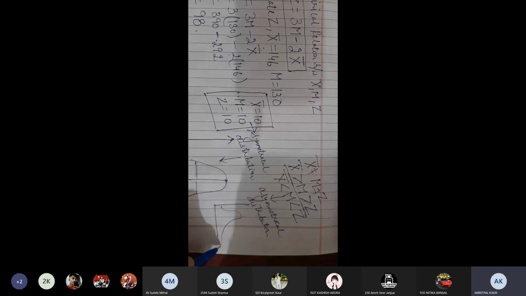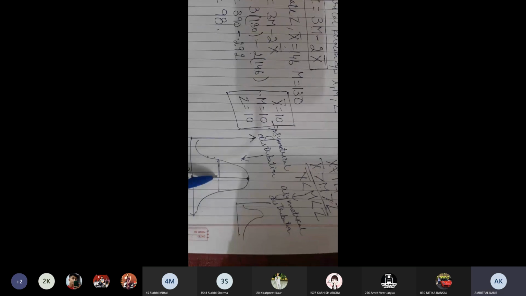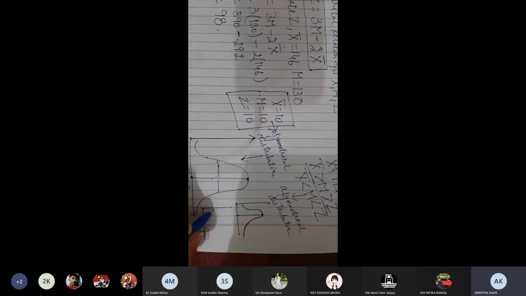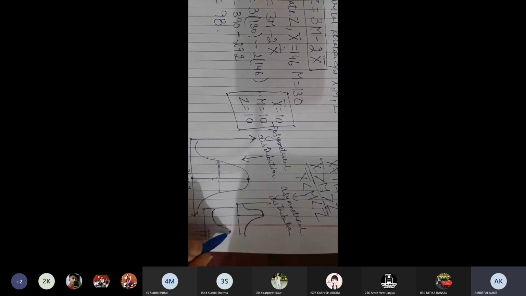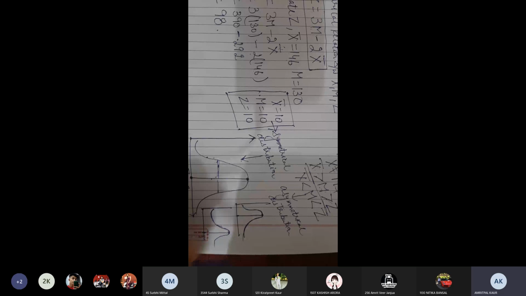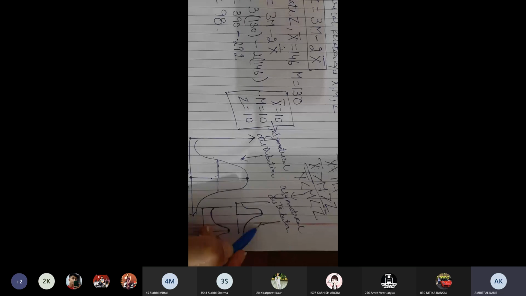Now can you see the difference between this curve and this curve? Here both sides the values are the same from the middle point. But here, this is the middle point and you see this curve shape is going this way and this side curve shape is going this way. And there can be a curve where the opposite can happen. So sometimes the curve can have this shape. This is the middle point, and from the middle point this side has more area and this side has less area. So these both are examples of asymmetrical distribution only.